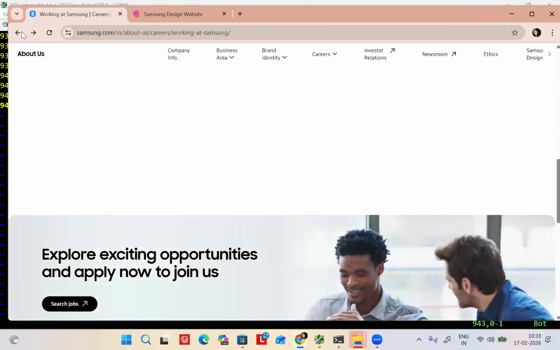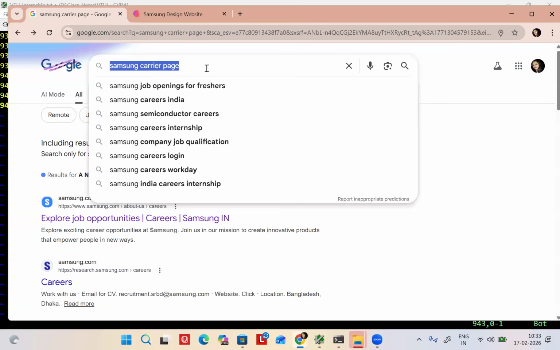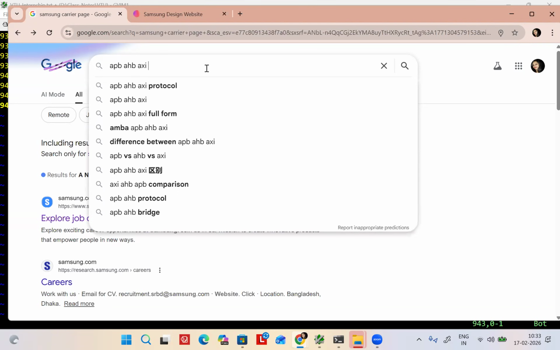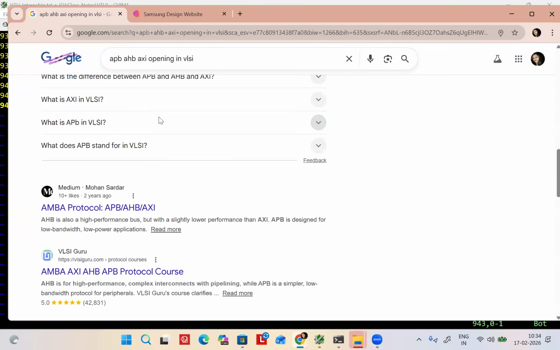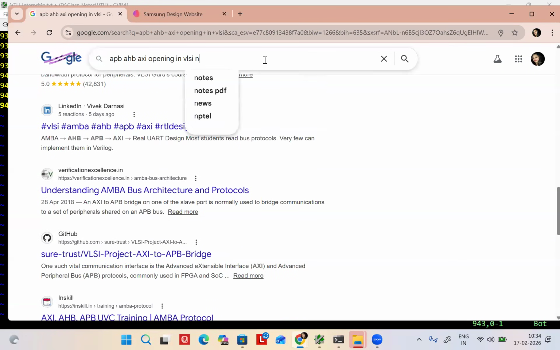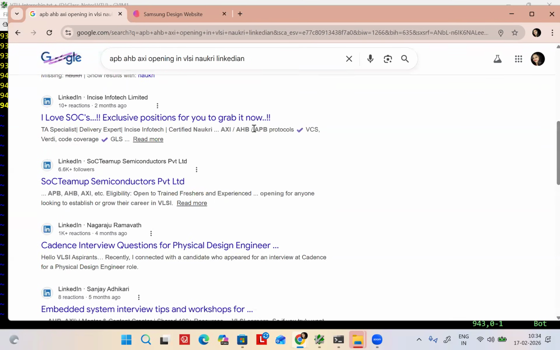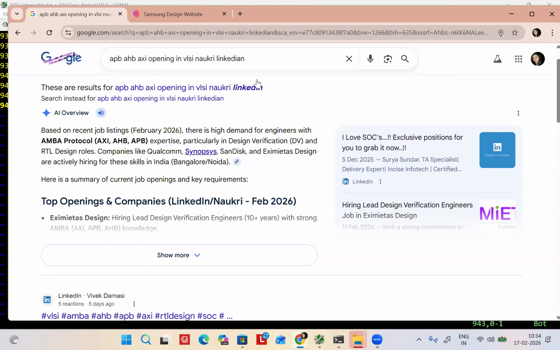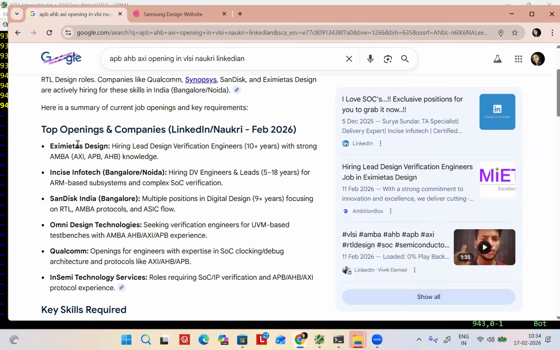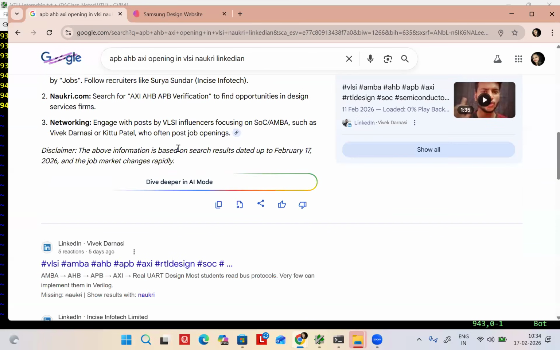Normally the highest are APB, AHB. Whichever company it is, every company needs this protocol.